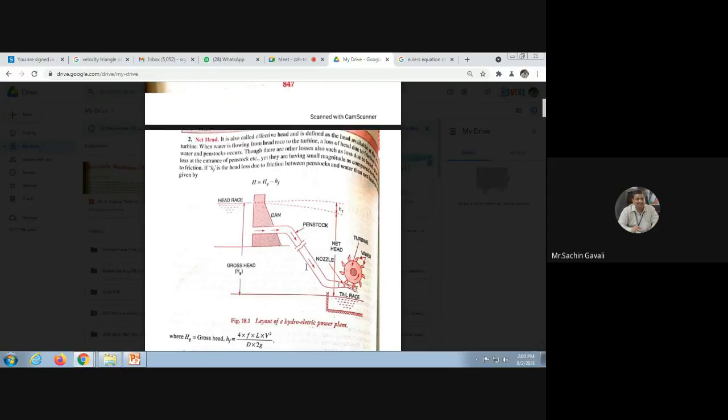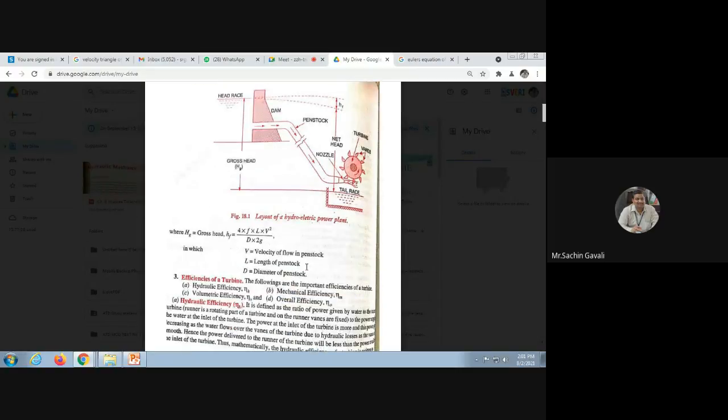At the outlet, whatever head is available at inlet, the gross head, exactly that same gross head will not be applicable. Here some of the energy gets wasted, and that is called net head. So gross head H minus the friction head: due to friction, some of the head is wasted. It is called friction head. So net head is there.